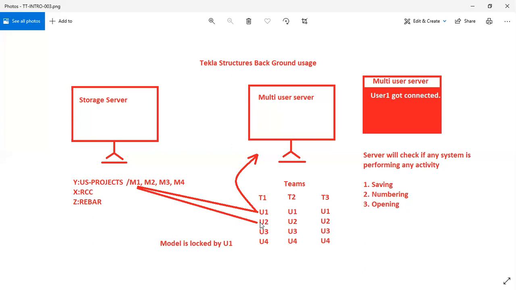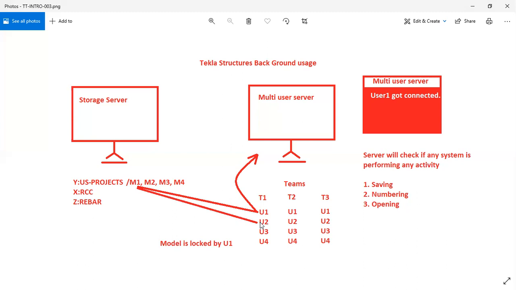Then at lunch time, they might be going for lunch. That time they will be performing the saving activity, right? Model saving. So what will happen at that time? Whenever there is a saving activity, again a model lock is applied on that model. So again they have to coordinate so that a single user at a time will save.